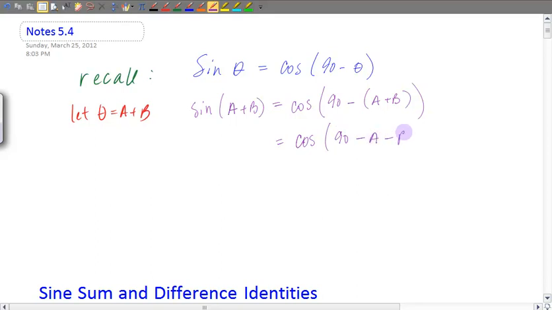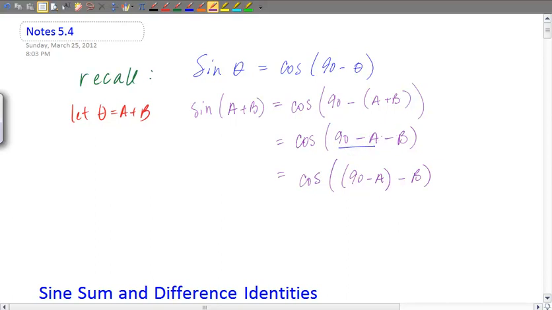And I think I'm going to simplify the information inside of this parenthesis, so it becomes the cosine of 90 minus a minus b. Well, I know from the cofunction identity, again, that I can rewrite that. Maybe I want to look at something so that it looks like 90 minus some angle, 90 minus a in this case. So I'm going to group this so that it looks like 90 minus an angle minus b. Okay? So having done that, all I did was really use the associative property to regroup what I had already